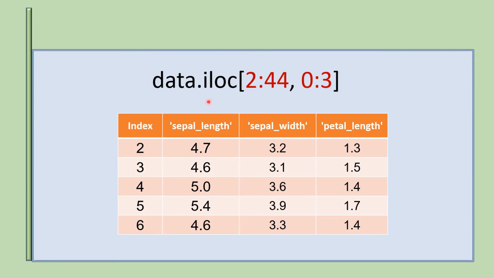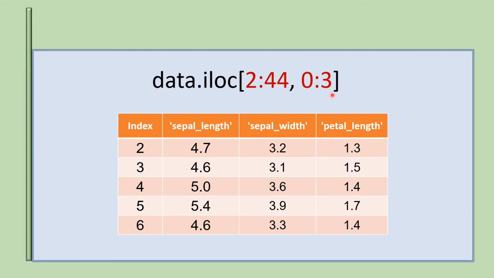So in this second example, we will look into the iloc. LOC stands for location. So data over here is the name of the data frame, and inside the square brackets we could see there is this comma. Whatever comes before the comma goes as our rows, and post comma stands for columns. So 2 colon 44. 2 is the starting point of the row and 44 is the ending point. And within iloc, 44, the last observation, is the exclusive one. So therefore we will be getting rows between 2 to 43.